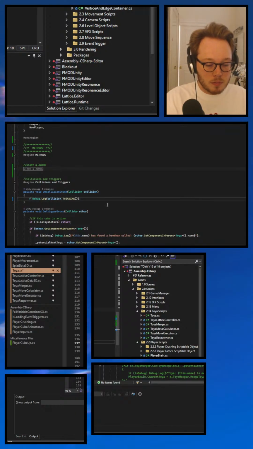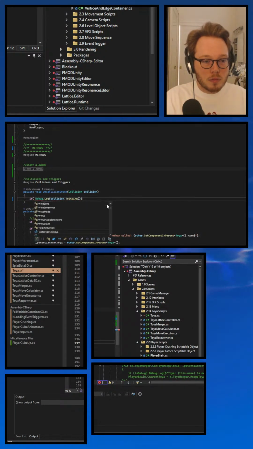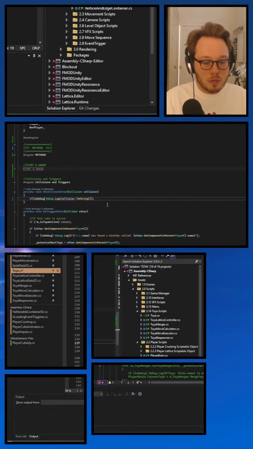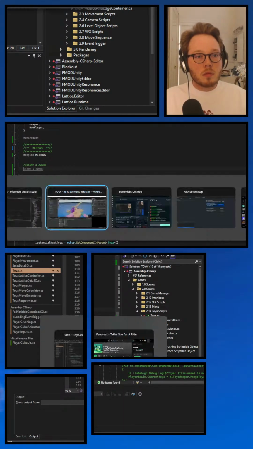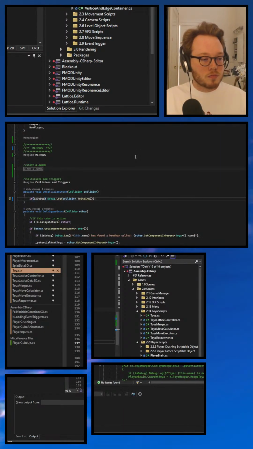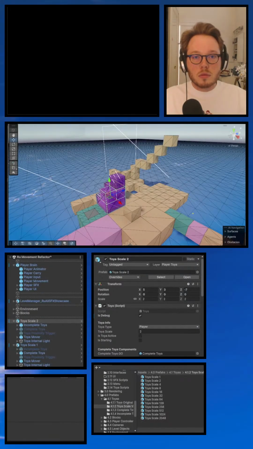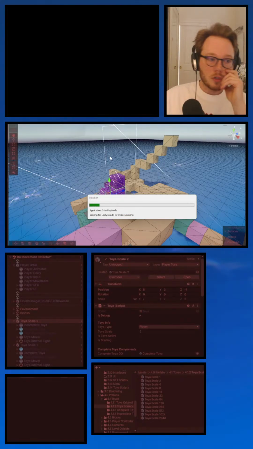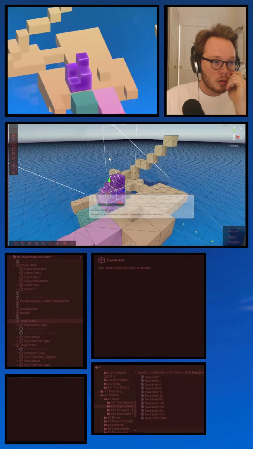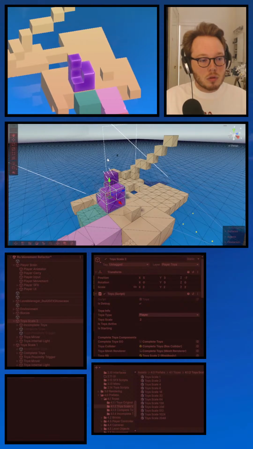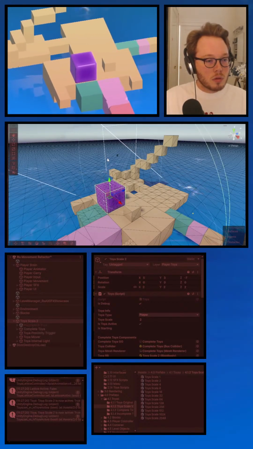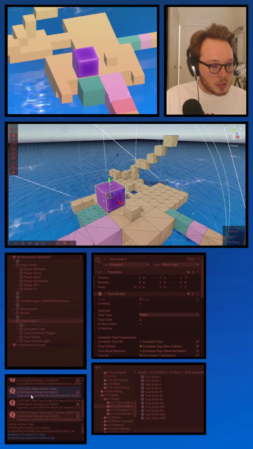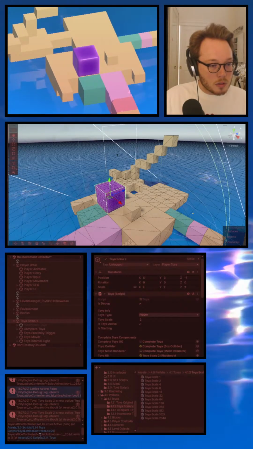Excellent. What else do I have on debug mode at the moment? Which script is this? Lattice controller.